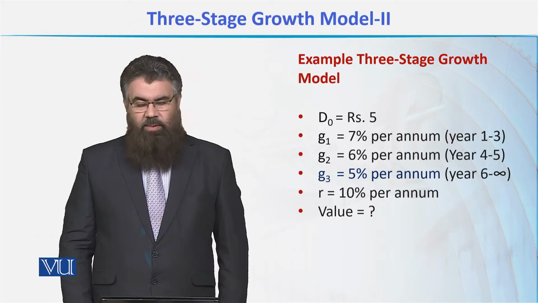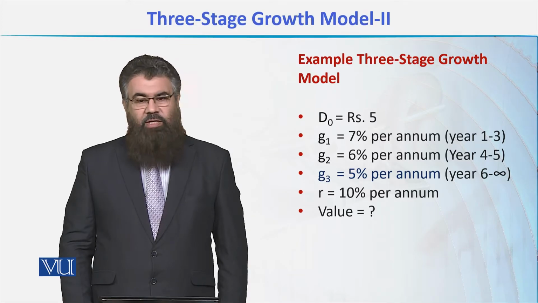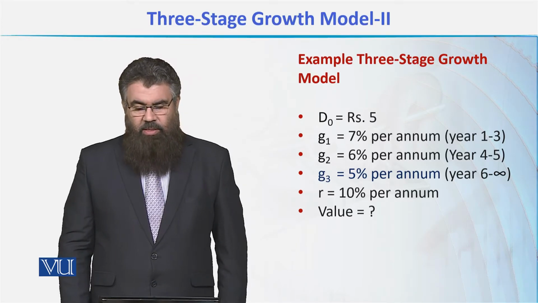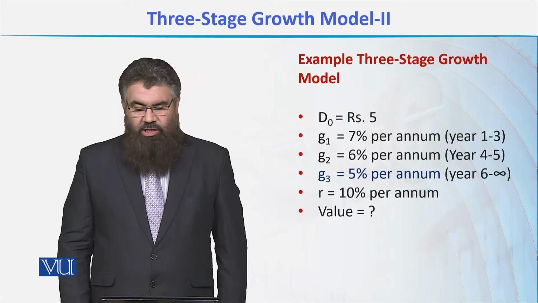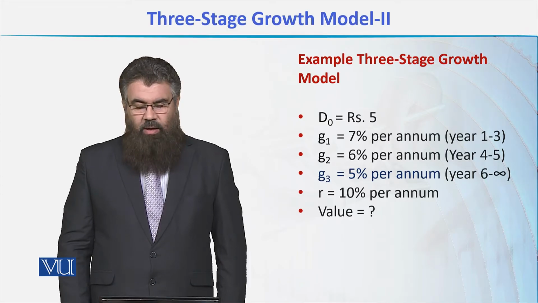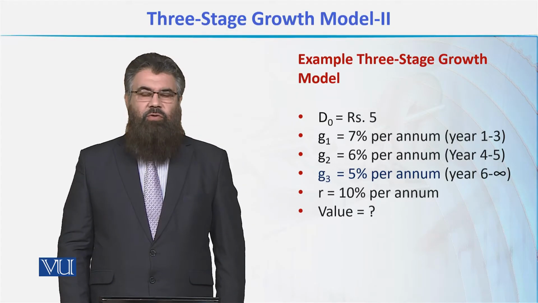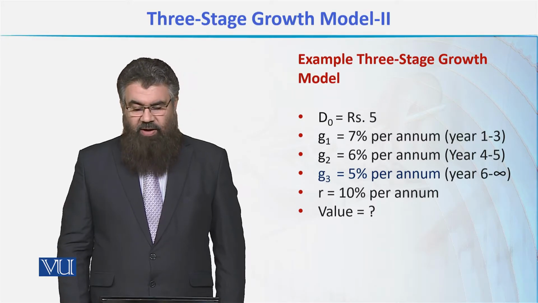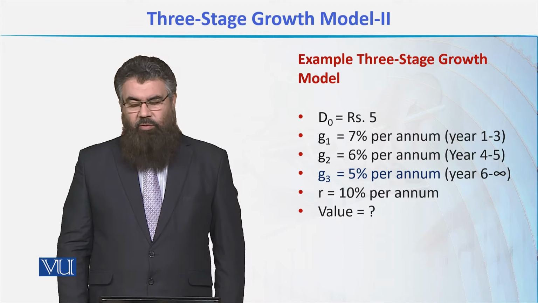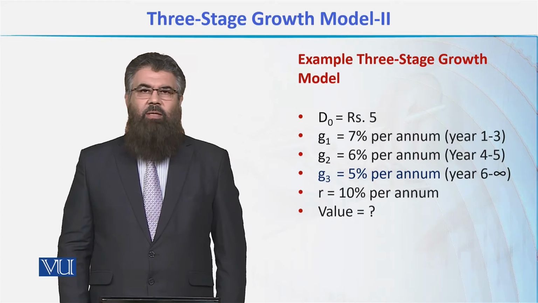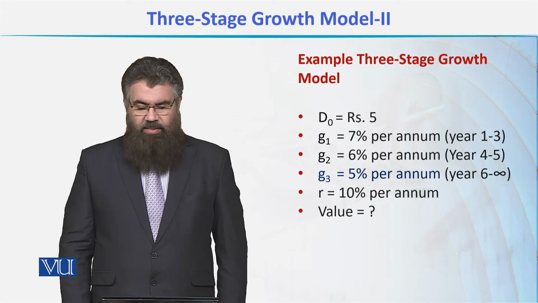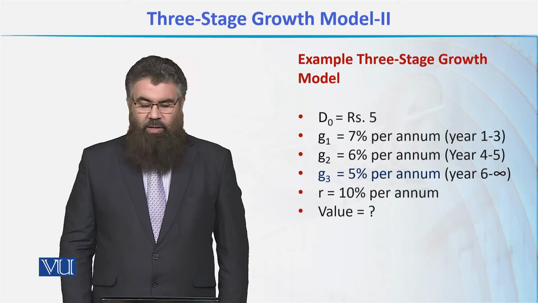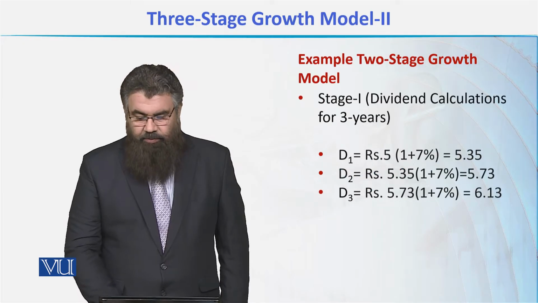So let's assume this data to learn to apply this three-stage growth model. D0 is equal to rupees 5, that is the last year's dividend. G1, G2 and G3 are the growth rates of the 3 stages, which are 7, 6 and 5%, and the time period is from year 1 to 3, from year 4 to 5, and ultimately from year 6 till infinity. The required rate of return of investors is 10% per annum, and we are required to calculate the intrinsic value